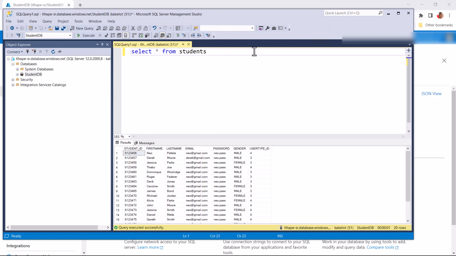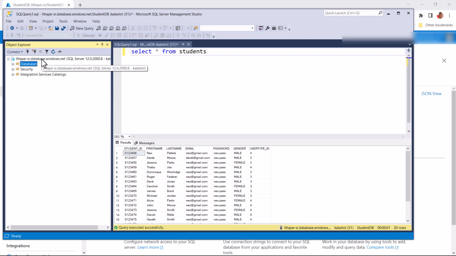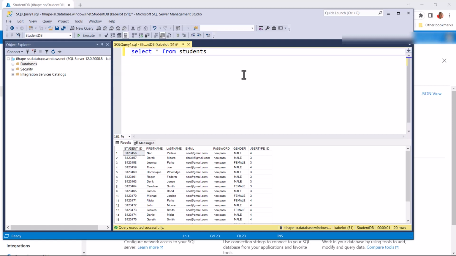Right, so this is how you can create a database on Azure and connect it to your MVC application, and as a bonus, also manage it using your SQL Server Management Studio. I hope this video really helped,